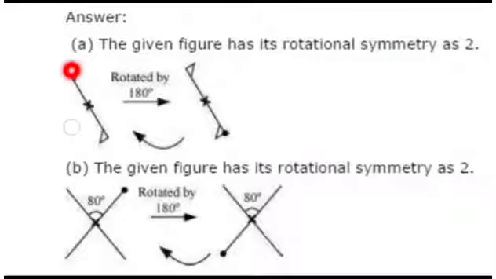It is having an upper P portion and a lower D. When it is rotated, your upper P goes down and looks like D, and your lower D goes up and looks like P. So the order of rotation is 2, right? And what is the angle of rotation? When it is only half, the angle of rotation is 360 divided by 2, which will give you 180.